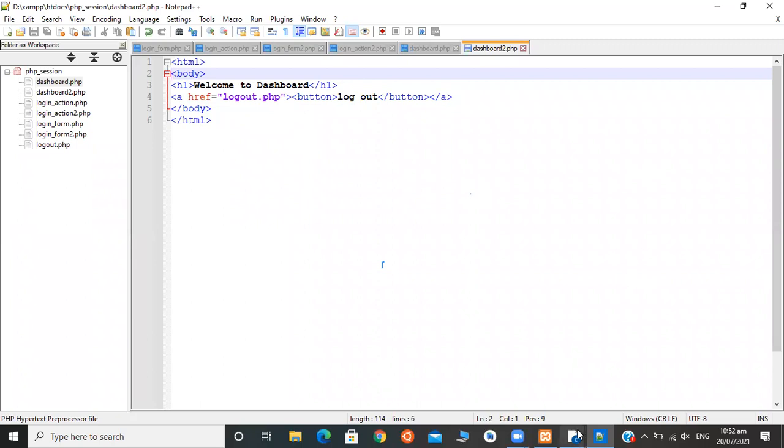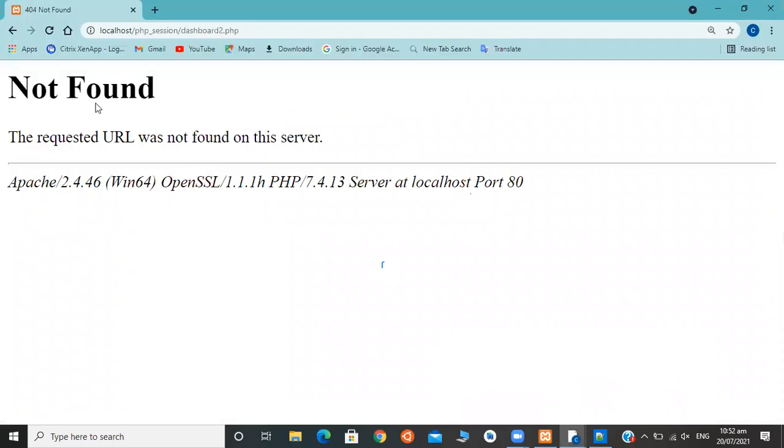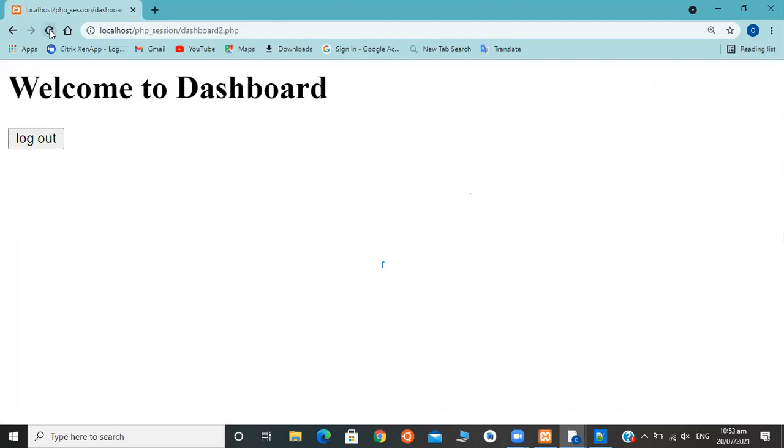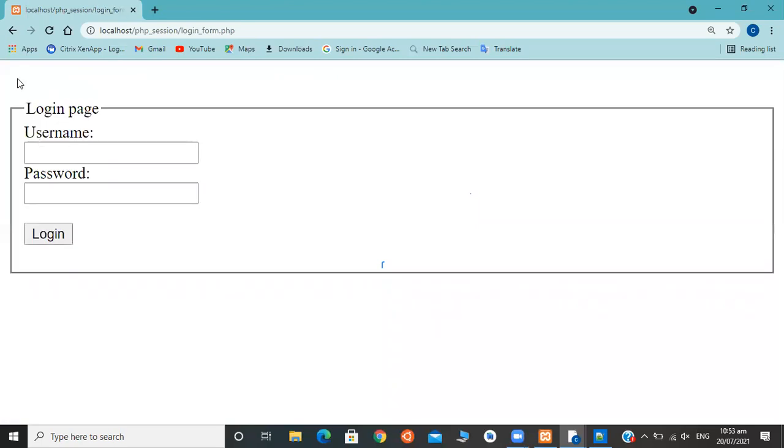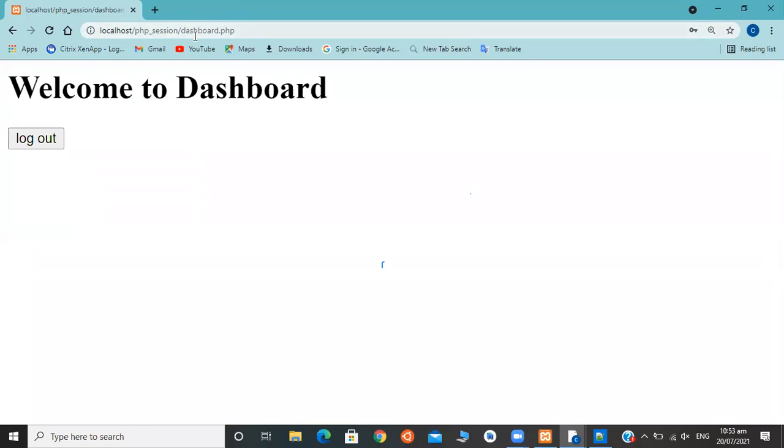Now we can see it in the browser. We have created dashboard.php. You can see here welcome to dashboard and one logout button. We have given a hyperlink here. Again, we can enter the login credentials admin @123 and log in to the dashboard.